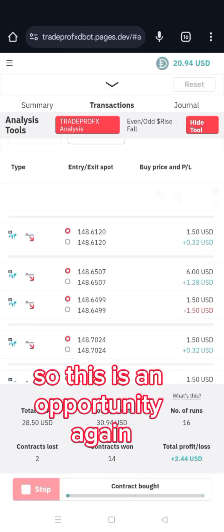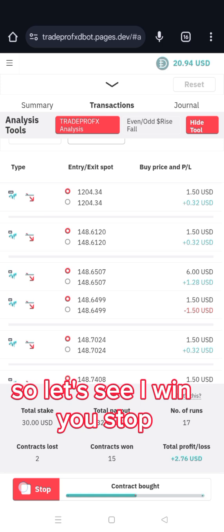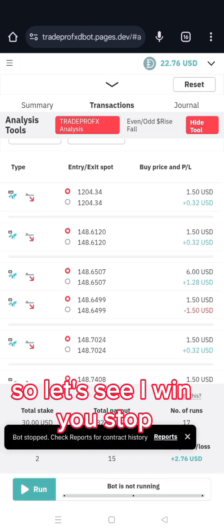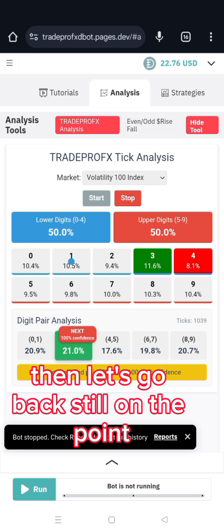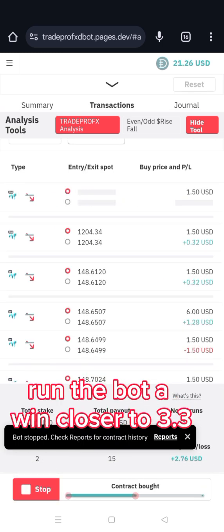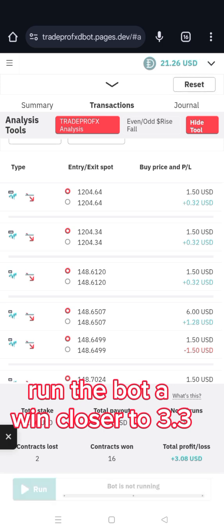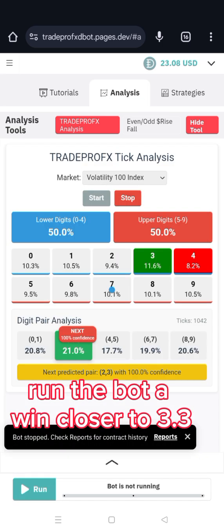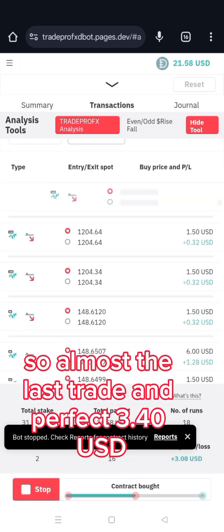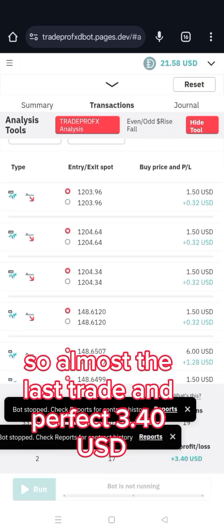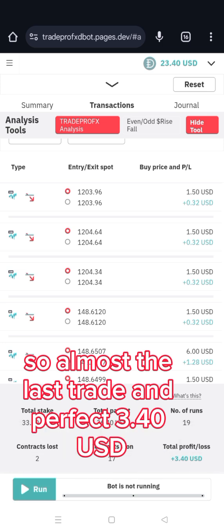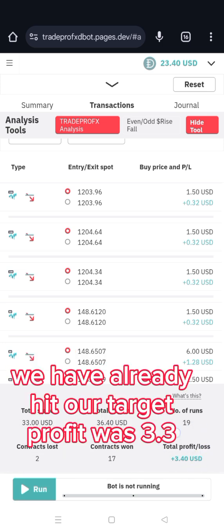So this is an opportunity again. So let's see, a win, you stop. Then let's go back, still on the point, run the bot, a win, closer to 3.3. So almost the last trade, and perfect. 3.40 USD, we have already hit our target. Profit target was 3.3, and we have